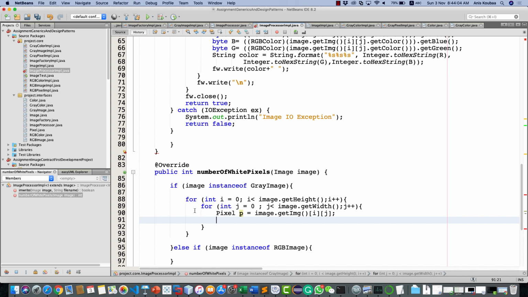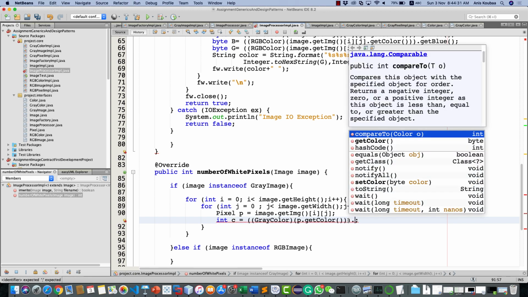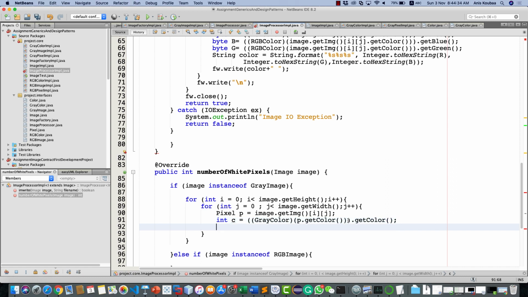Okay, so let's extract the int color c equal p dot, we need to cast, what? Just to color. Gray color dot get color. If c equal 255. Yes,